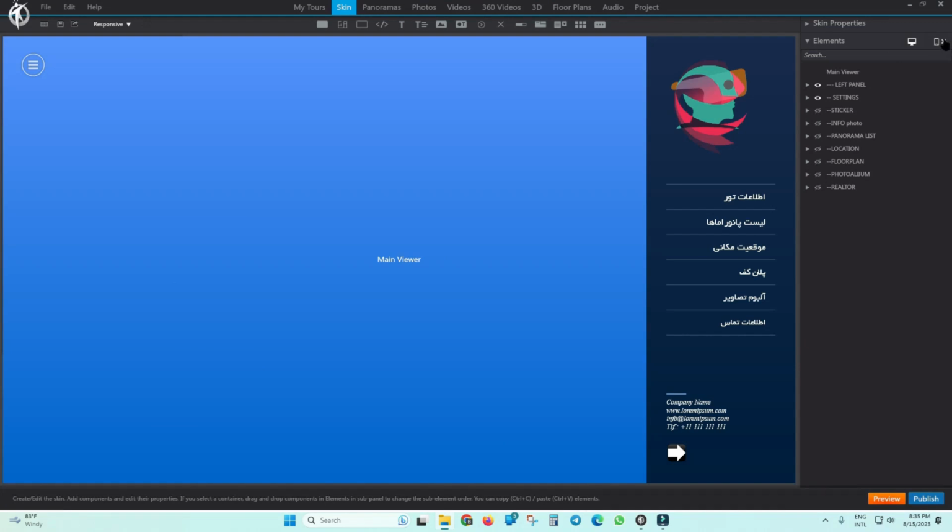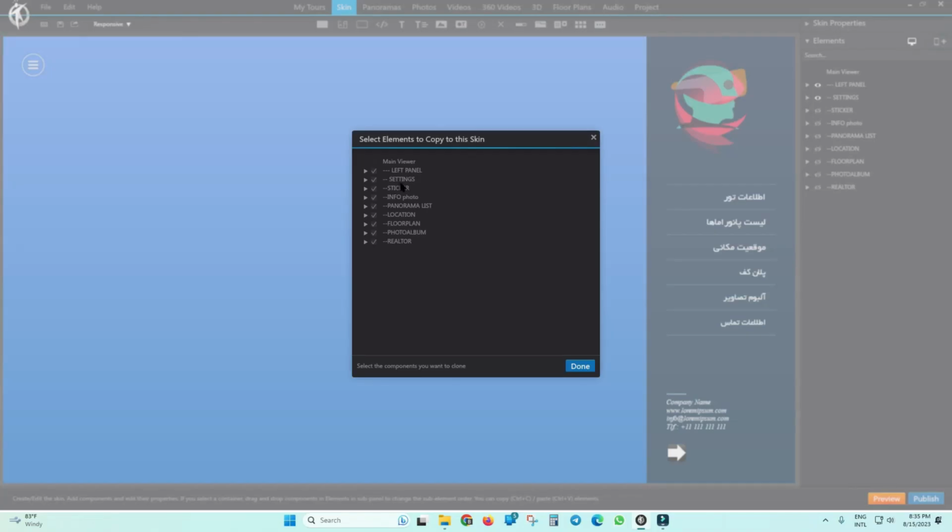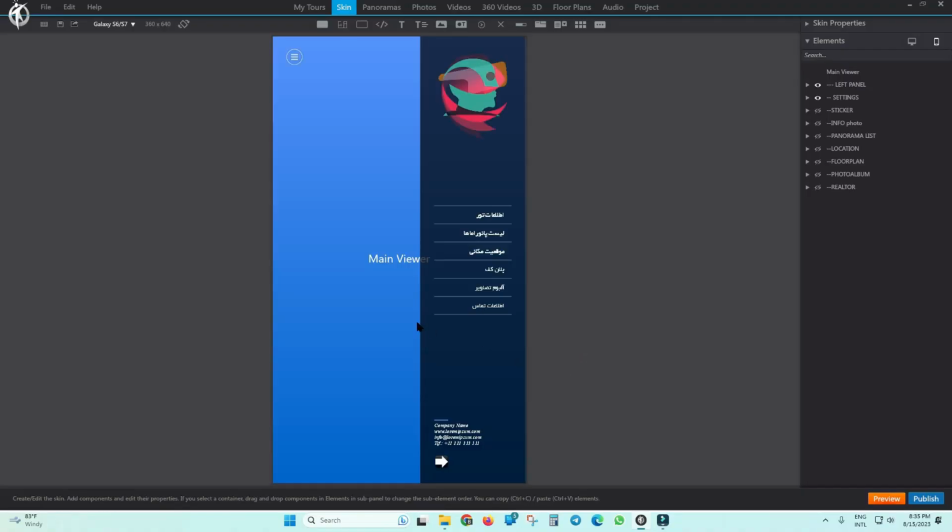I don't like the mobile skin. I don't want it, so I'll delete it, and I'll import the desktop skin that I designed into the mobile skin. This way, when I click on this add option, you can see that I can choose which elements should be included and which ones should not. So I click down, and in this way, the skin I designed for desktop will also be available for mobile,